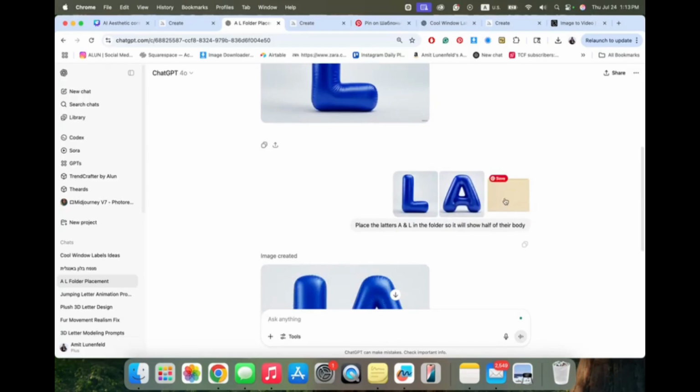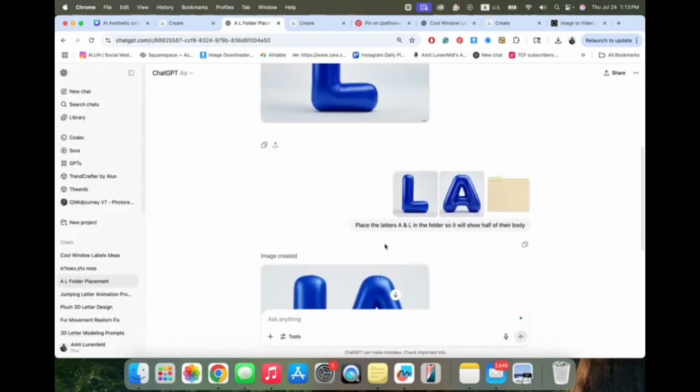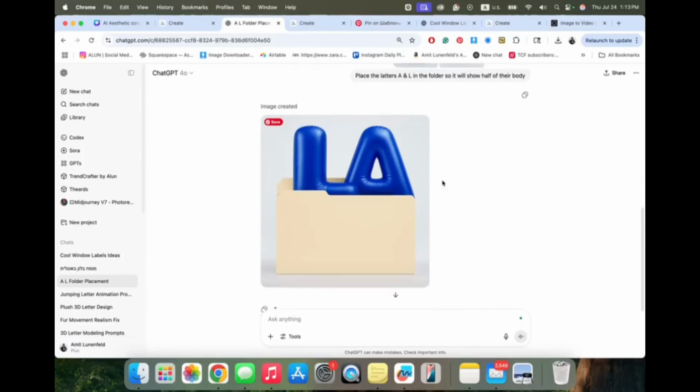I gave ChatGPT also this empty folder and asked it to place the letters A and L in the folder, showing half of their body. The mistake I made here was that I was supposed to put the A first and then the L, and this is why it got confused. But this is the result, which is really cool.